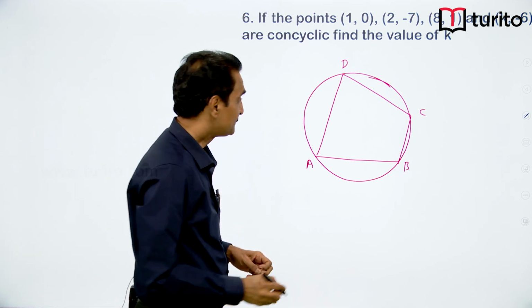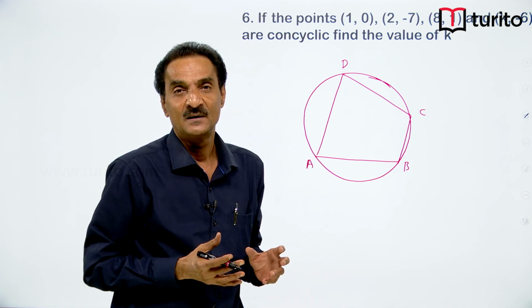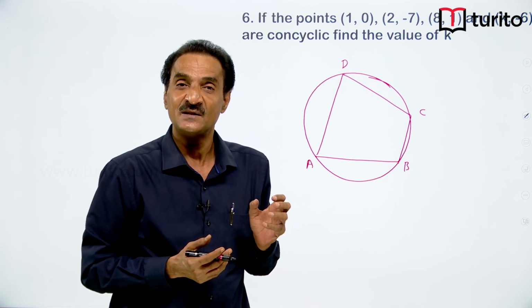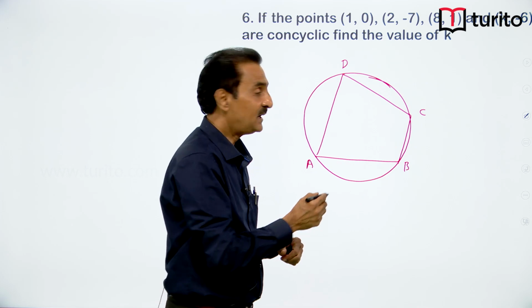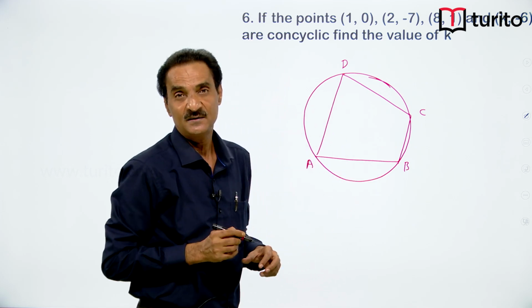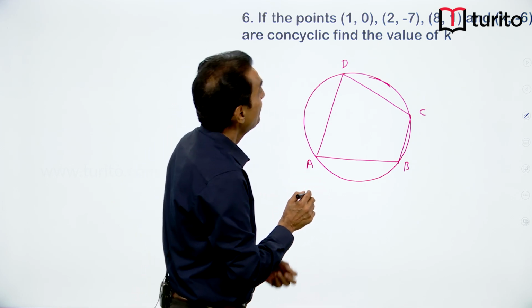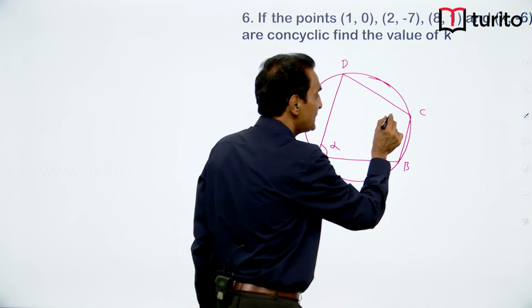Now, you know the property of a cyclic quadrilateral. The sum of the opposite angles is always pi. So, this angle plus this angle is pi, and this angle plus this angle is pi. All of you are aware of this property. So, what I will do is, I will take this angle as alpha, this angle as beta,